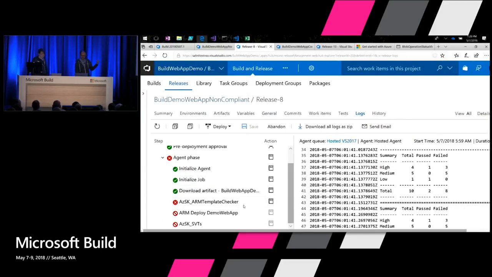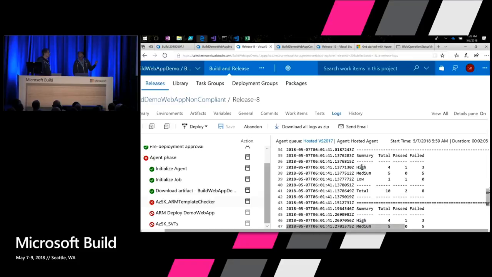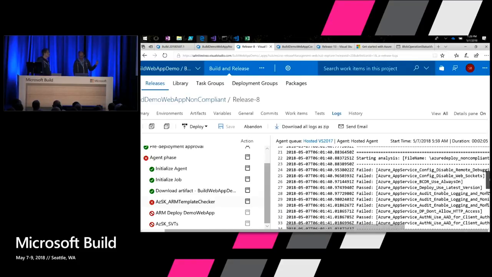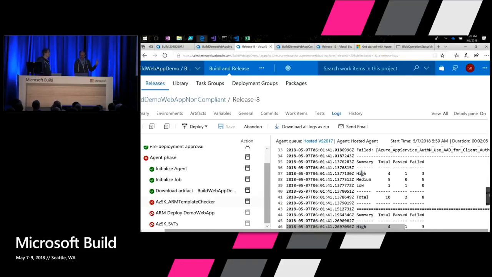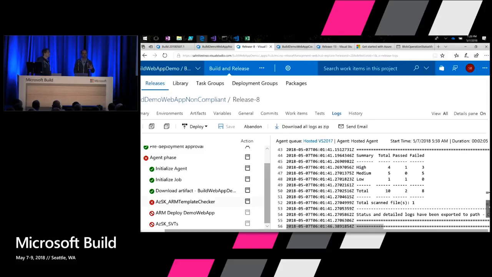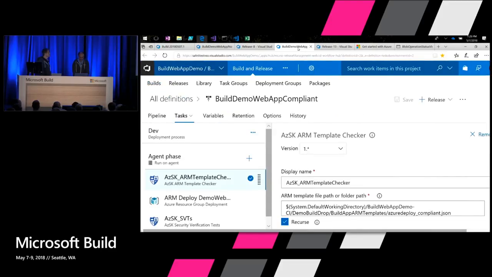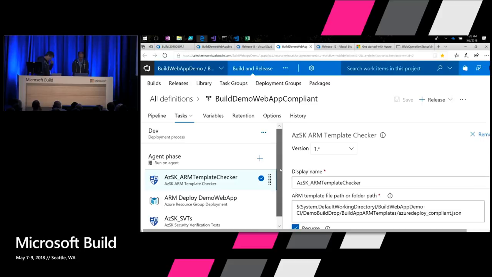So here, as you could notice, my ARM template checker failed, with pretty much similar output. You could see here, the same way, it's emitting all the failed and passed status, and logs are being persisted to the release logs folder. But the power here is that now you have the ability to stop the deployments from your CI/CD pipeline. Right? Let us see the happy path here. In this, I'm using a template which I have fixed, right?